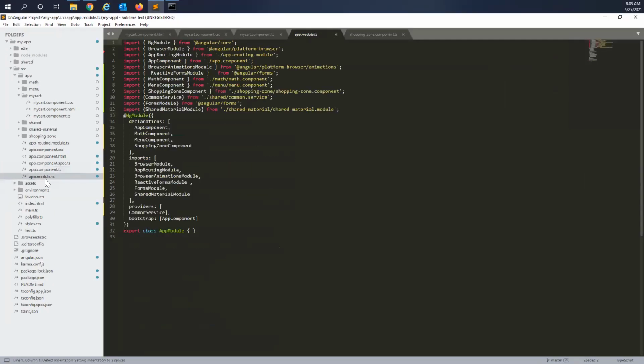Here app module.ts is there. Here we are going to import the things, and then we are going to declare.